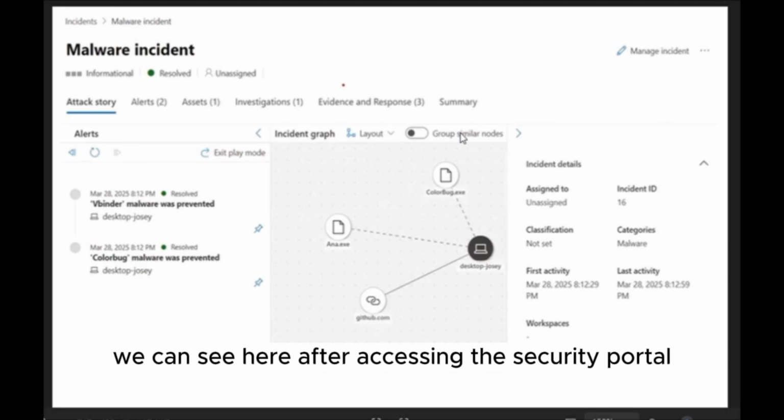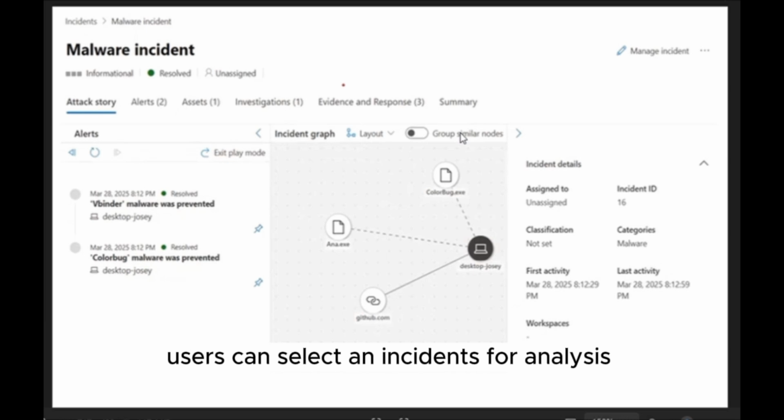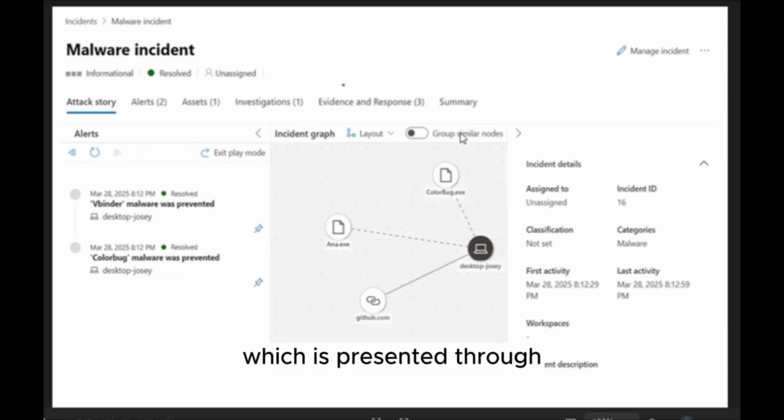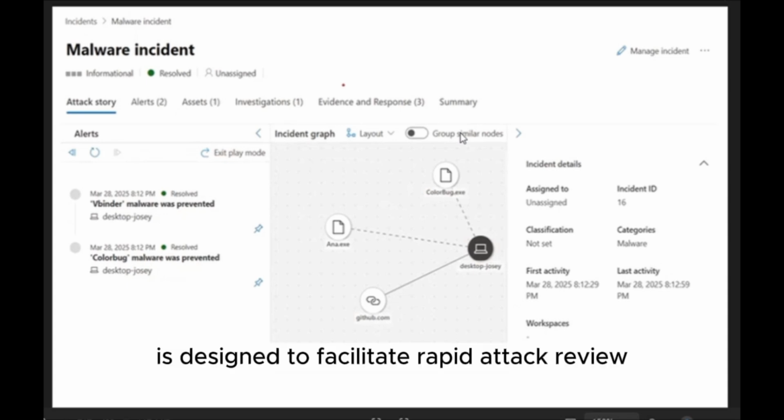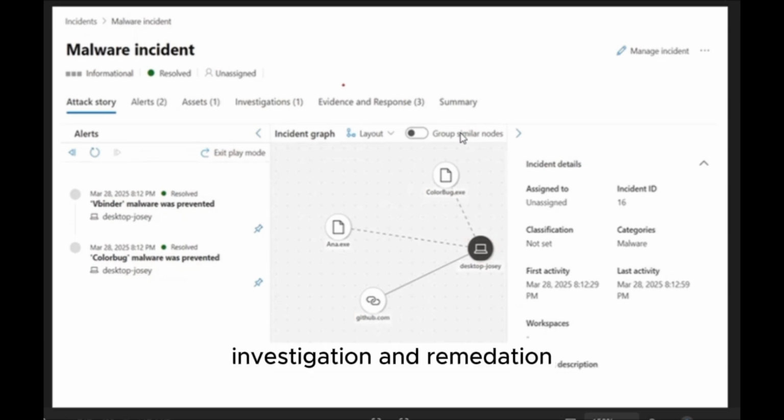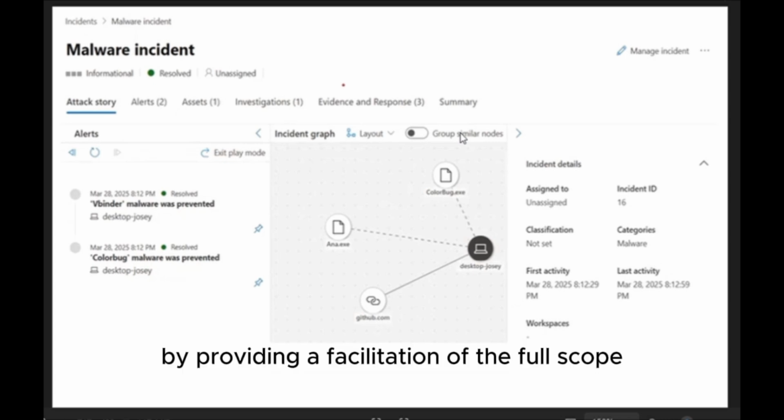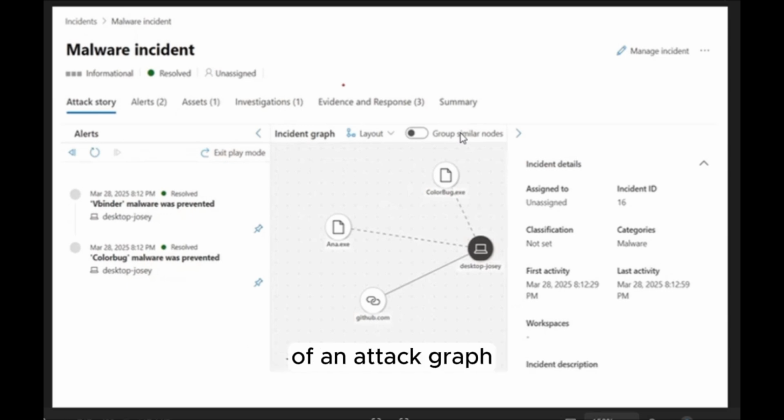We can see here, after accessing the security portal, users can select an incident for analysis, which is presented through the Key Attack Stories feature. This feature is designed to facilitate rapid attack review, investigation, and remediation by providing a visualization of the full scope of an attack.